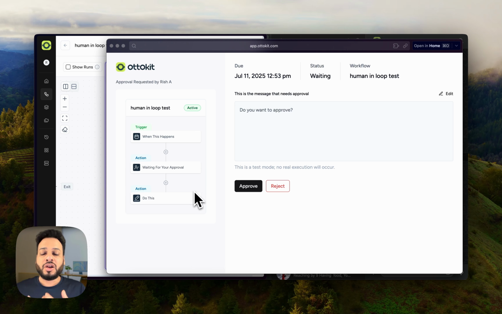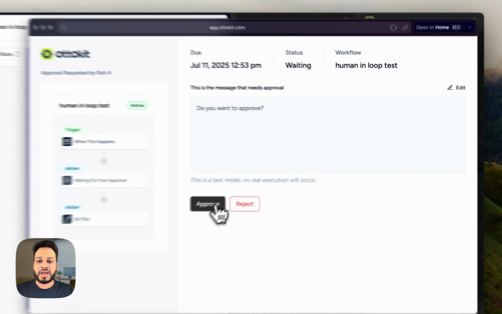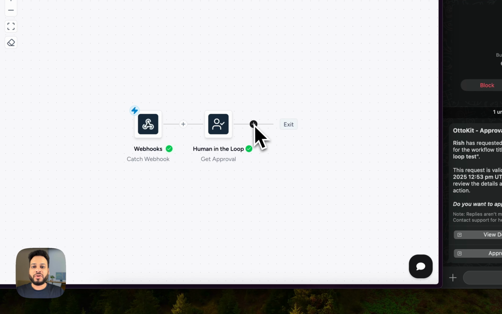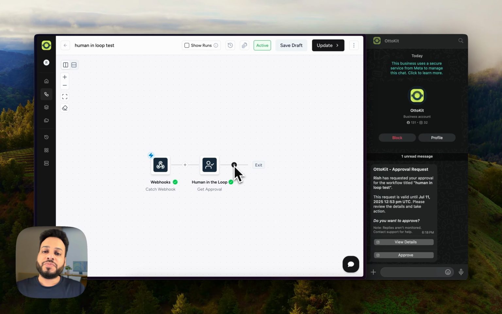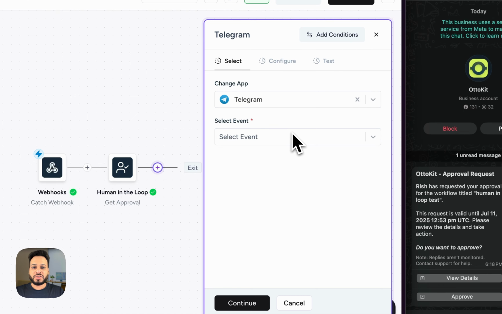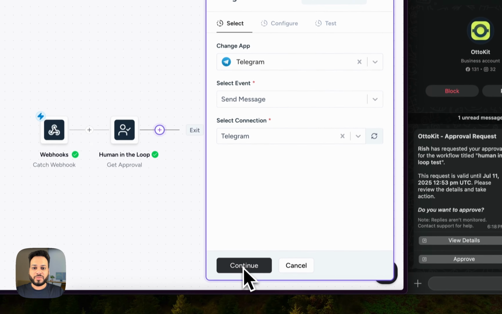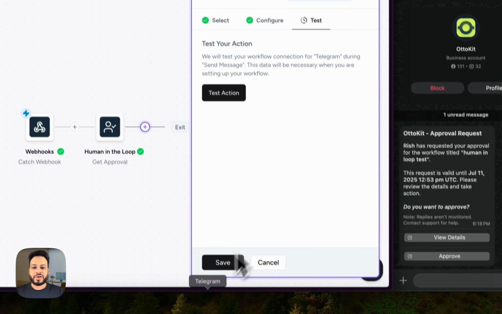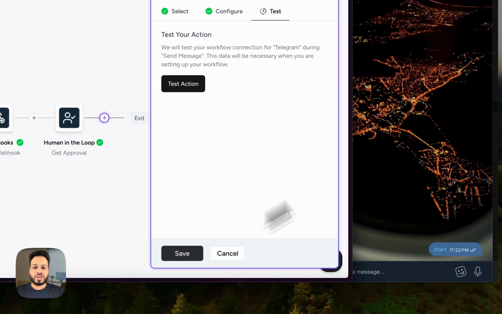Because sometimes we are having a lot of workflows and the context is lost between which message is coming from which workflow. So this screen is really good, and it gives me context upon what workflow is trying to get my approval with, right? So let's say I approve it. Let's save this. And now let's say I want to have another trigger, that is the output if this node is approved. So let me just quickly have like a Telegram node, which will just push a custom message, right? The Telegram: continue, workflow is approved, right? I click continue, and if I test action, this is my Telegram, and it should give out